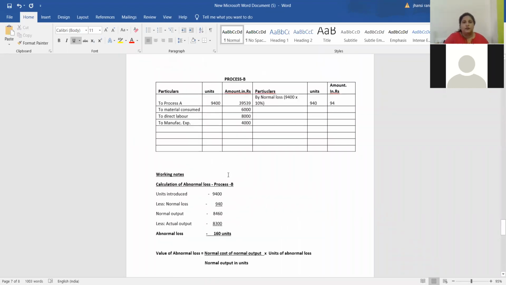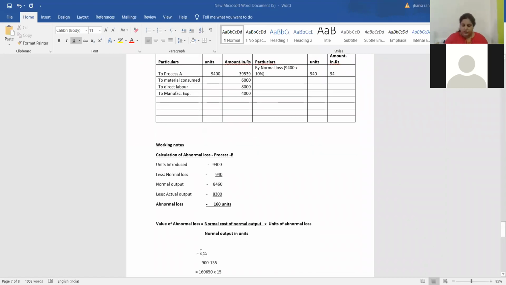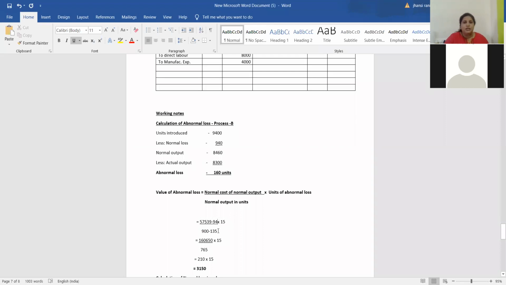Normal cost of normal output, if you look at the debit side, we have 39,539 plus 6,000 plus 8,000 and plus 4,000. Let us total that up: 57,539. So here I'll write 57,539 minus the credit side amount, normal loss 94,